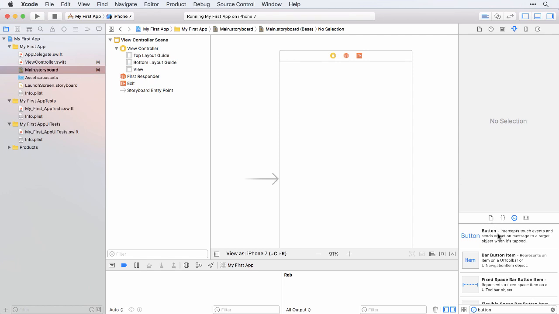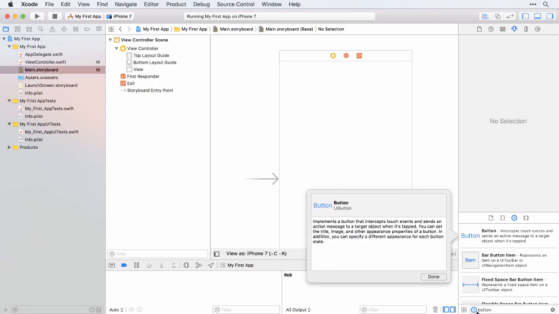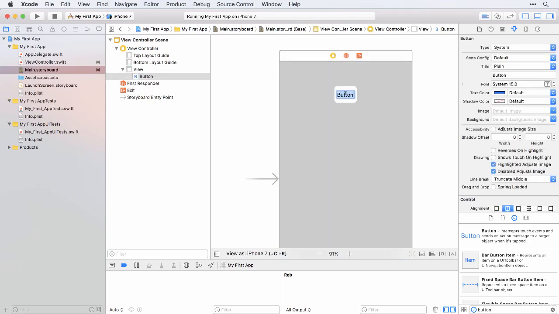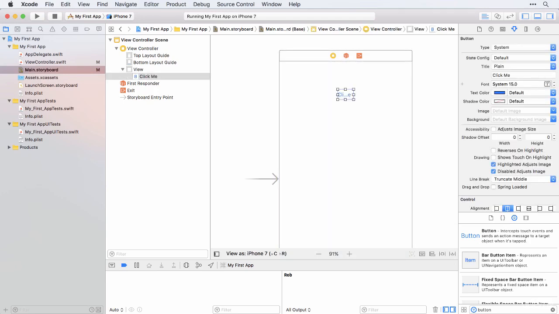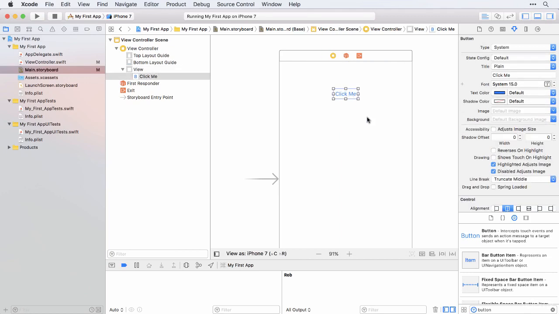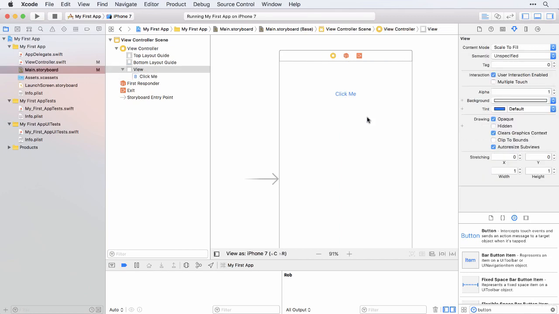You manage it? Should be fine. I've already got button there. You can always search for it down there if you can't find it. And then we're just going to drag it in and change the text. That makes it a little bit too big for our box, so just make the box a little bigger. There we go. All right, so now we have a button called Click Me, but of course that button doesn't actually do anything yet other than appear to be pressed